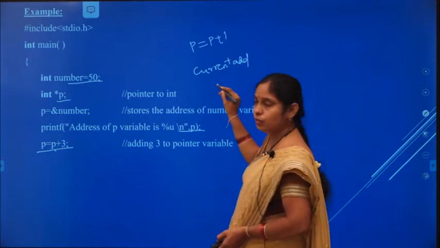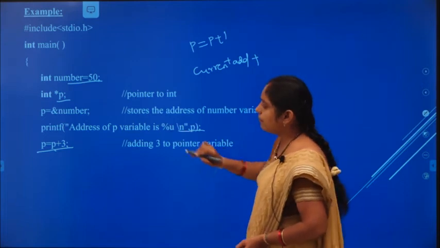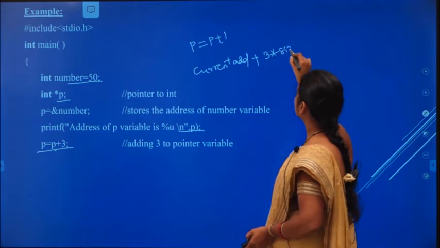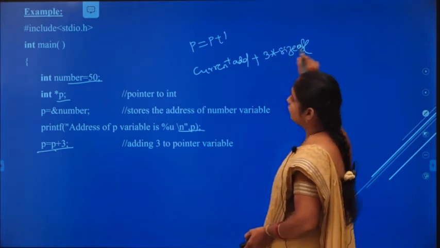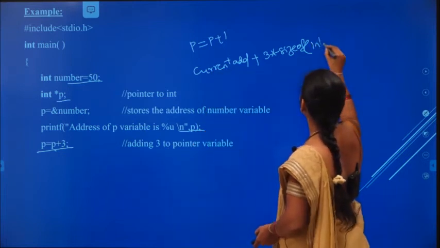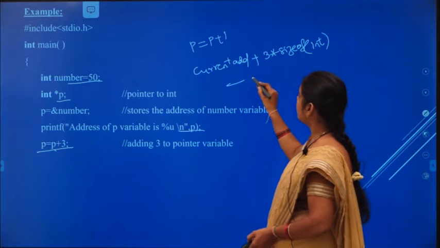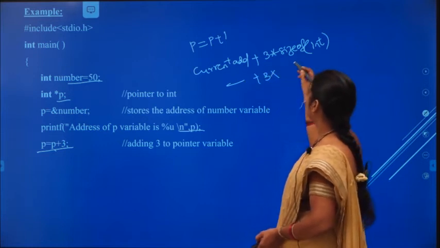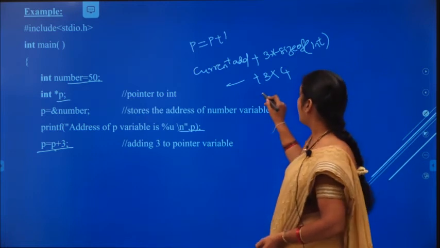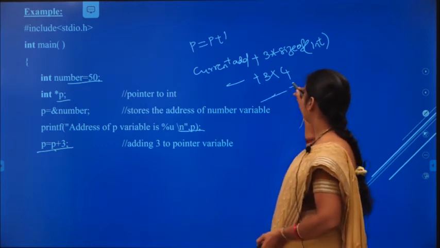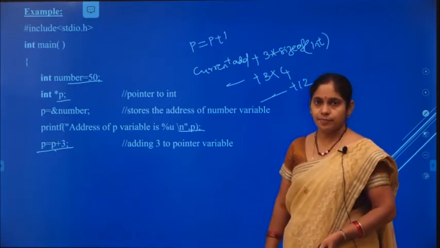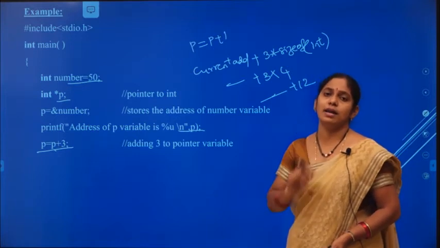The number is 3, into the size of which type? Integer type, so sizeof int. So current address plus 3 into size of integer, which is 4 bytes in a 64-bit processor, is current address plus 12. Clear?